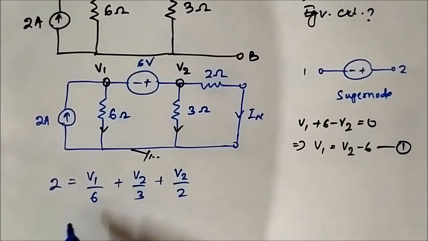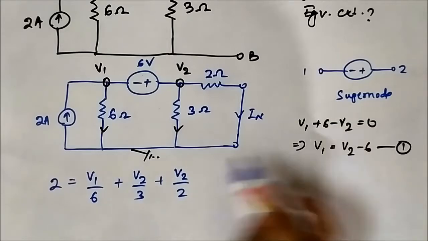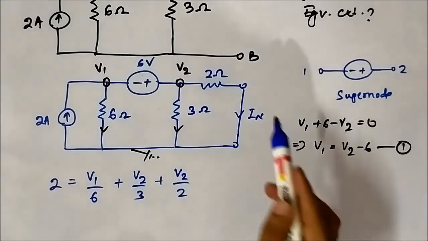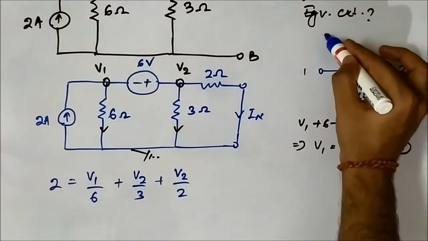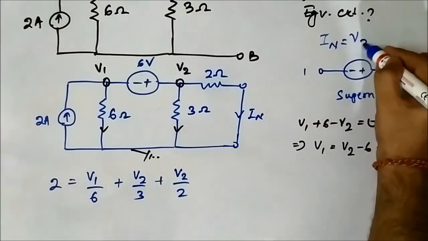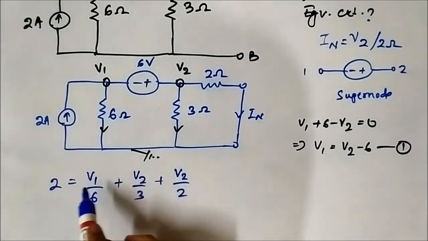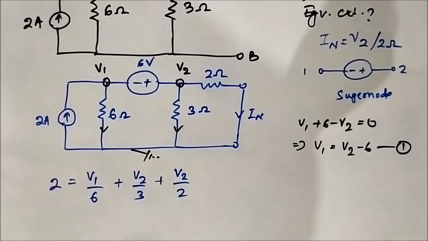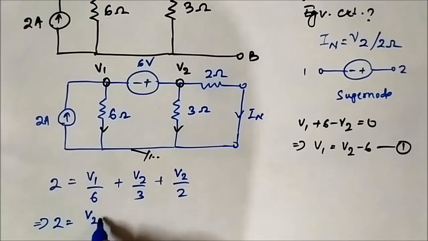So now we will apply this equation, V1 is equal to V2 minus 6. We will replace V1 with V2 minus 6. Why? Because we need IN. Okay, IN. Our objective is to find IN, and IN is equal to V2 by 2 ohm. So for that we have to represent the equation in terms of V2, so we get the value of V2. So we will replace V1 as V2 minus 6 from the auxiliary equation 1 plus V2 by 3